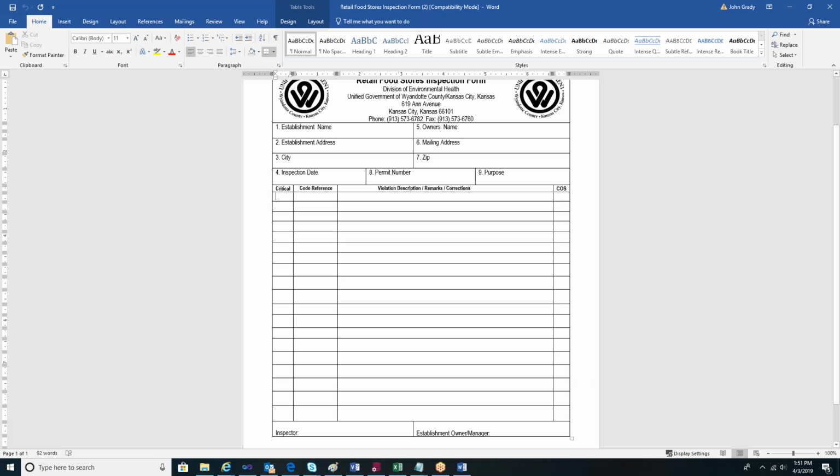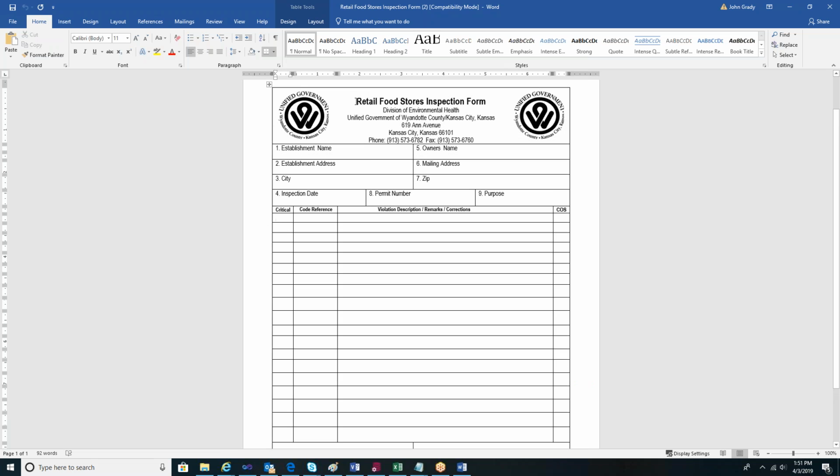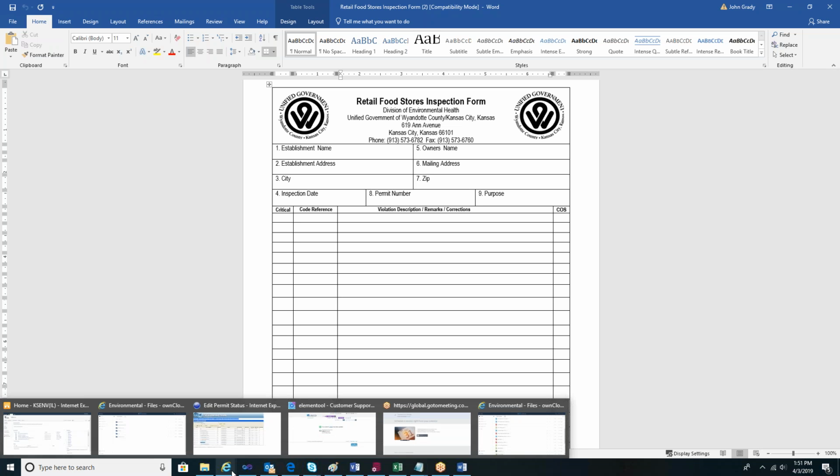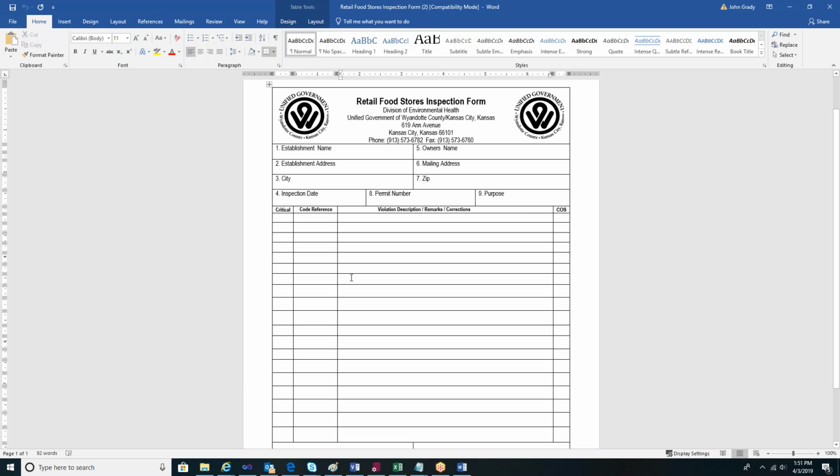is there a list of specific violations that would be set up for the retail food? It's in the code, so essentially, yes. I'd have to pull a completed inspection and give you an example of that, but he pulls everything from the code, the city ordinance. If you look at a completed inspection, is it going to have all of them in there? No, just whatever their violations were. He only writes down any violations that he finds,